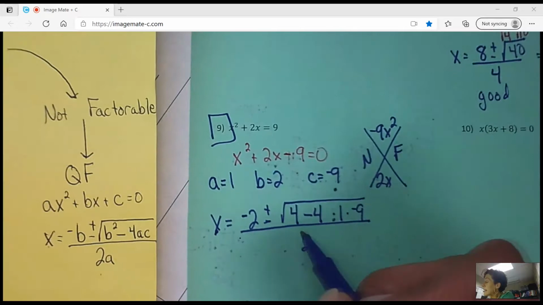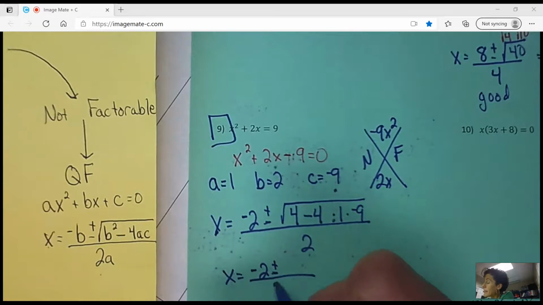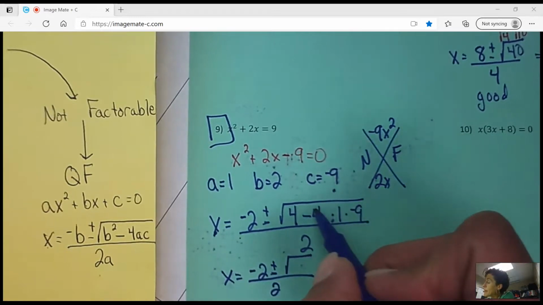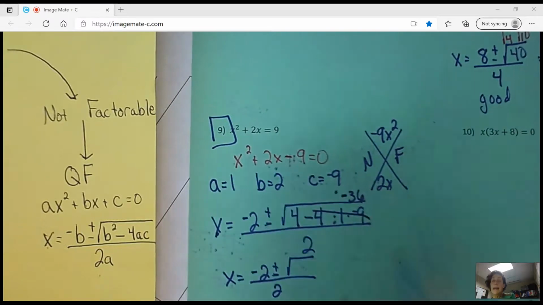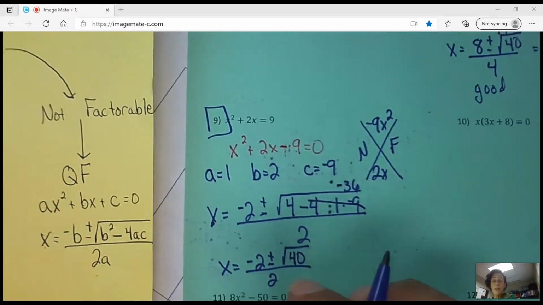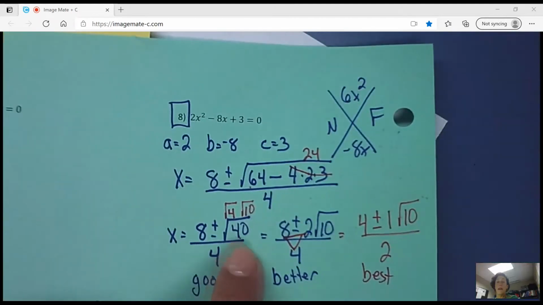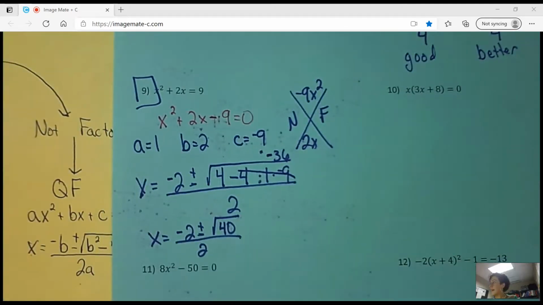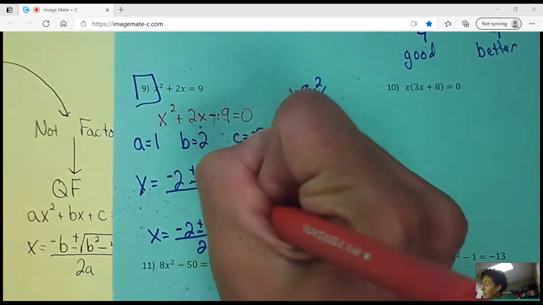Again, you can use your calculator if you want to do the math inside that square root, but what's going to happen is it will do 4 times 1 times negative 9, which is negative 36, and then your subtraction sign and your negative sign are going to come together and make a plus sign in between 4 and 36. So that's going to be a 40, and again, this is a good answer. But, like in the last problem, it had a square root of 40. 40 isn't perfect, but we can break it down into its factors. And since we just did this one, I already know that square root of 4 and square root of 10